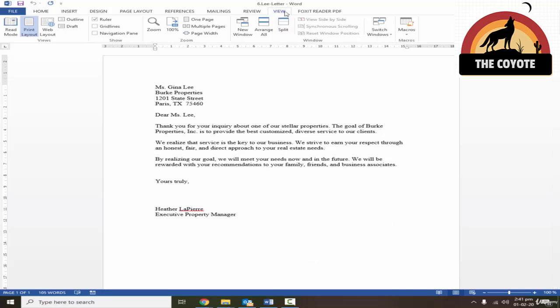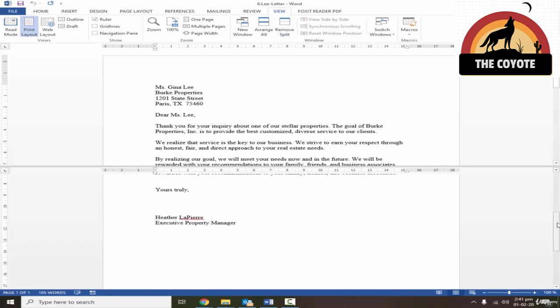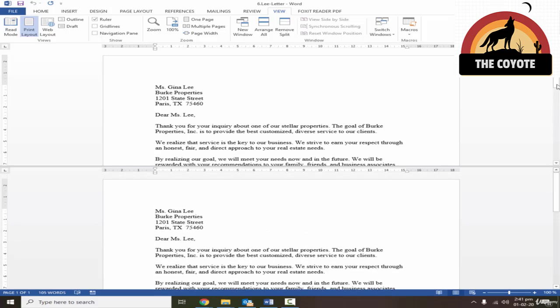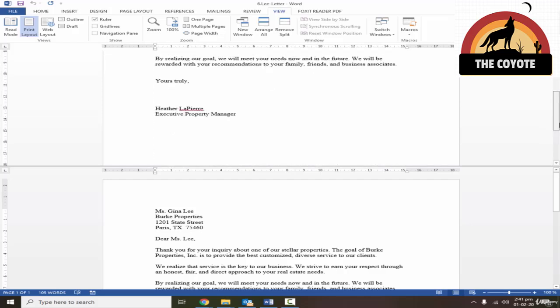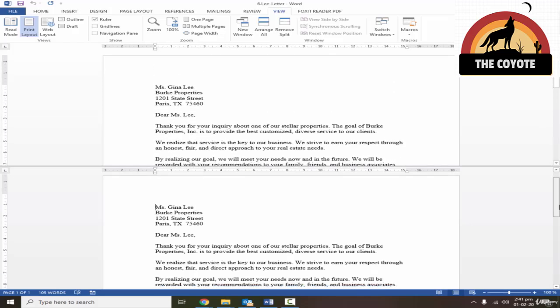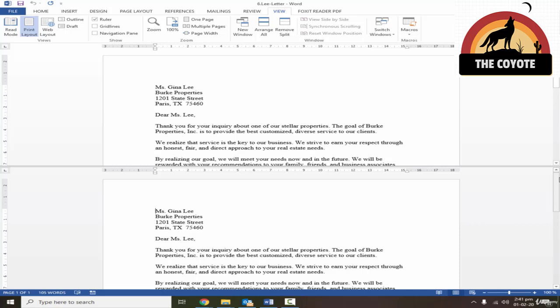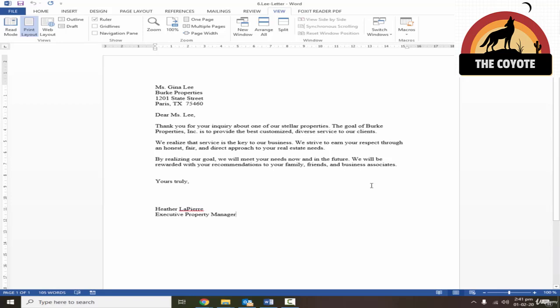So for that option, go to View and click Split. Remember, this is on a single document, not multiple ones. Just click Split and here I can scroll the bottom of the document separately and the top separately. It is not exactly just bottom or top. You can see the complete document in the bottom and on the top, but you can scroll between the portions of a large document. So this makes it very easy to read and compare anything. Just click Remove Split to go back to the original position. So these are some of the reading functions of a Word document.